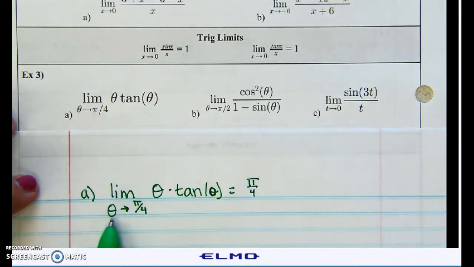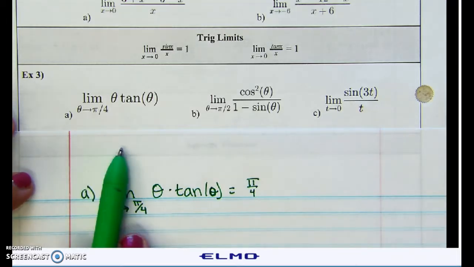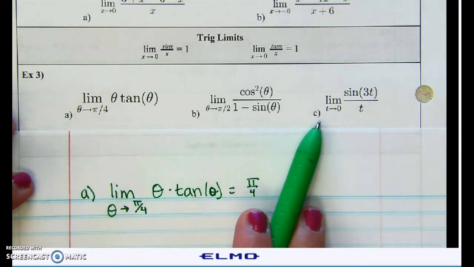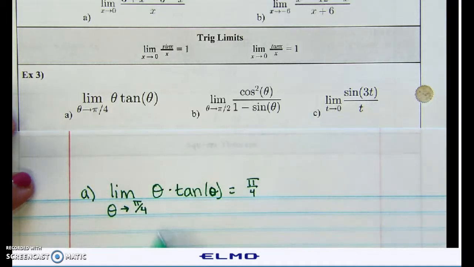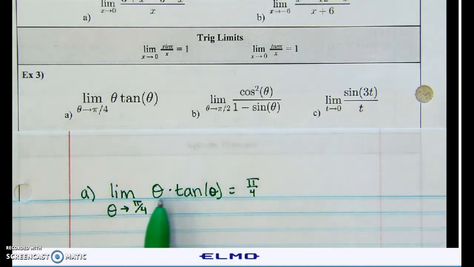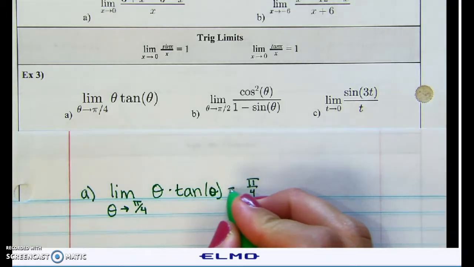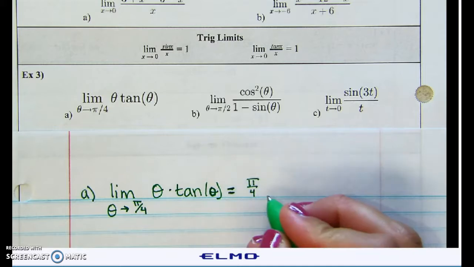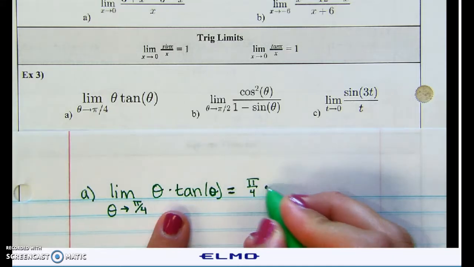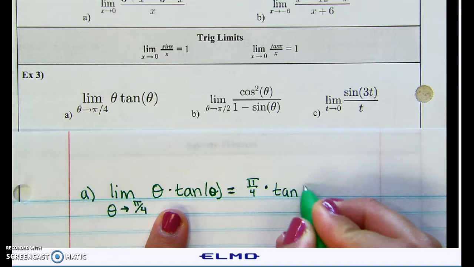You can see theta is here instead of x, so you can do limits with theta or with different variables. Like here it's t. It's not just x and y. So instead of theta, I'm replacing theta with pi over 4. You know, just to review, theta is a variable and pi is a number. So don't think they're the same. They're not. Theta is a variable like x and pi is 3.14. Okay, so theta was replaced with pi, and now we're going to do times the tangent of pi